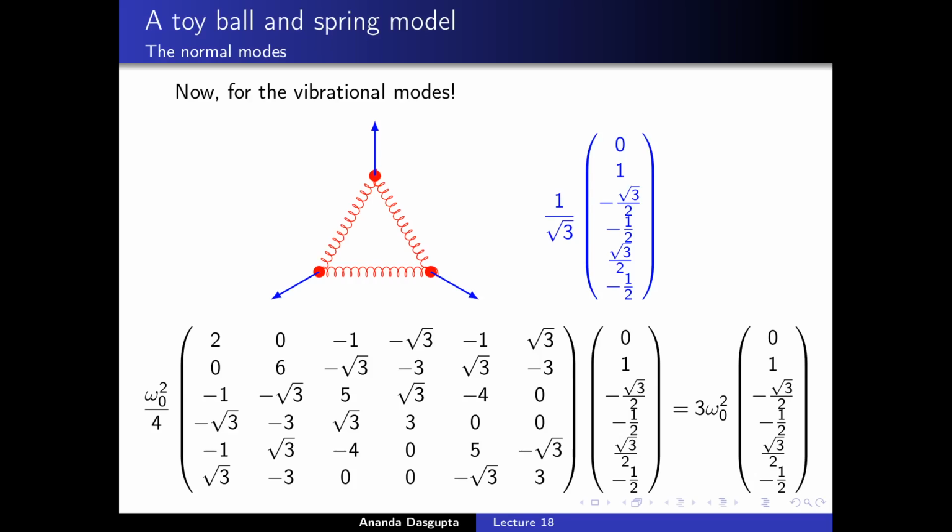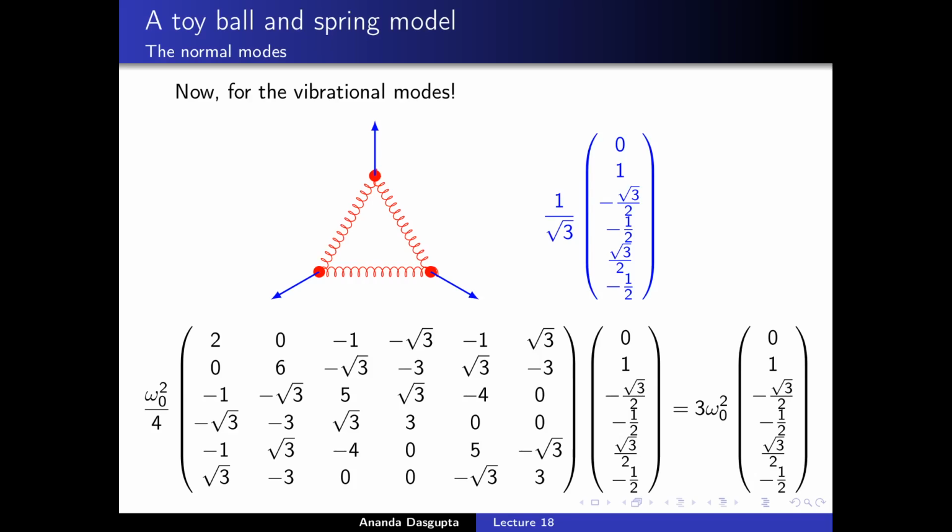In fact, since you know this is an eigenvector, you don't even need to figure out all the components. You figure out the component corresponding to any one of the non-zero elements in the original vector. You're going to figure out what the eigenvalues are. So the eigenvalue works out to be 3 omega 0 square. So this particular mode of oscillation, this breathing mode as we described it, corresponds to a frequency of root over